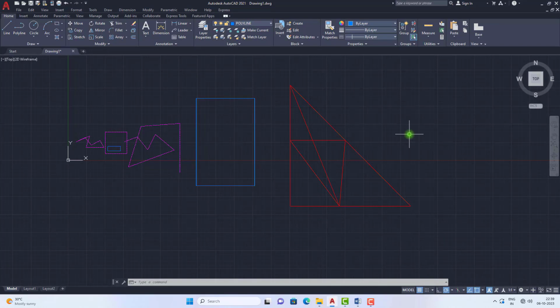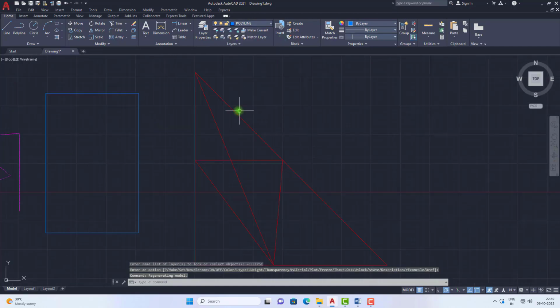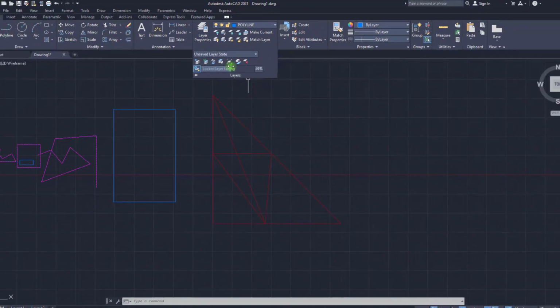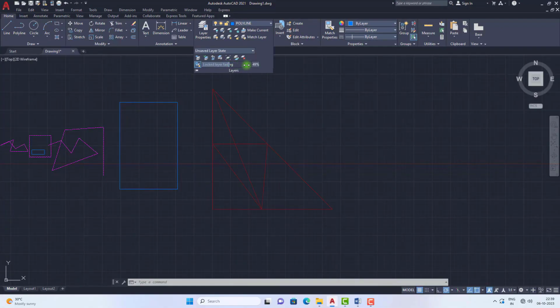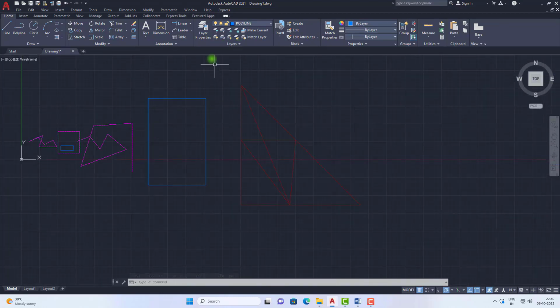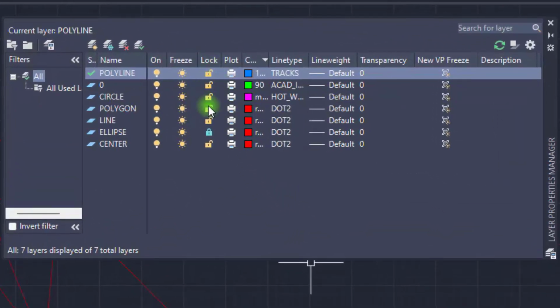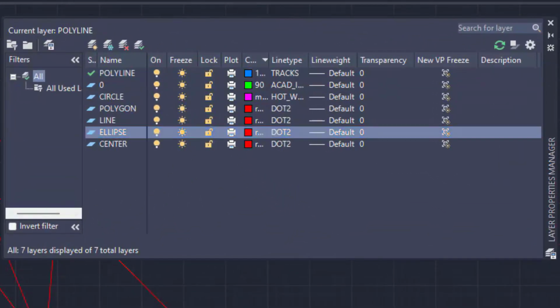And there is an option here, Lock Layer Shading. I am locking this ellipse. See, I have locked this. If you click here and drag this, see the brightness of this locked item. If you change this shading, the brightness of the locked item will change. See how bright it is. It is used only for locked items. And if you click Layer Properties, a dialog box will open, and this particular layer is locked. I am clicking here to unlock the item.